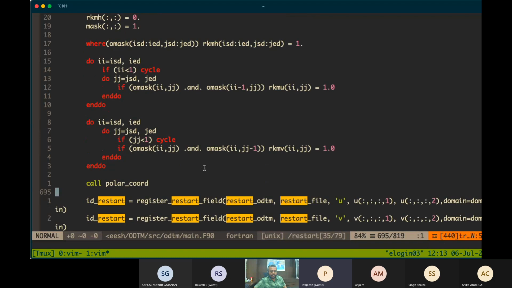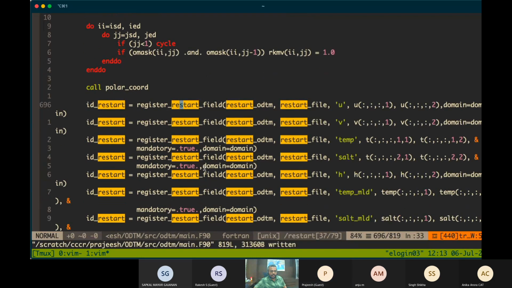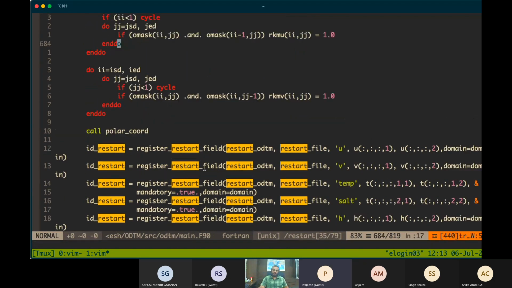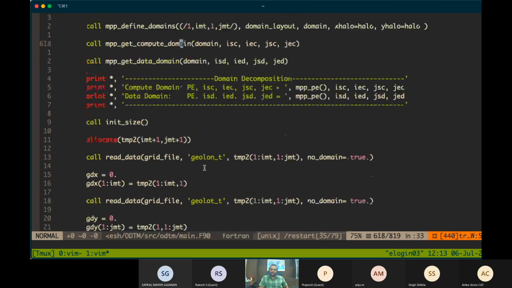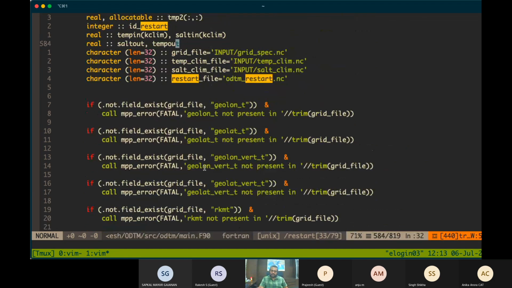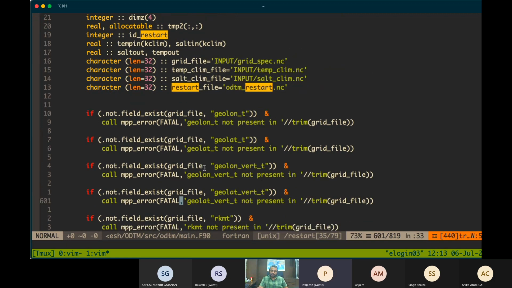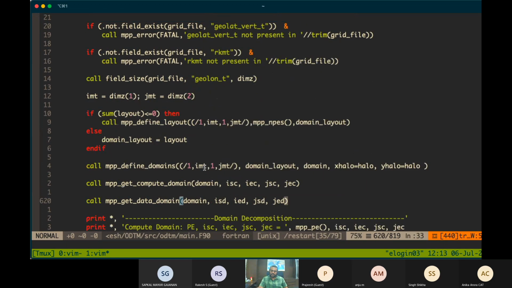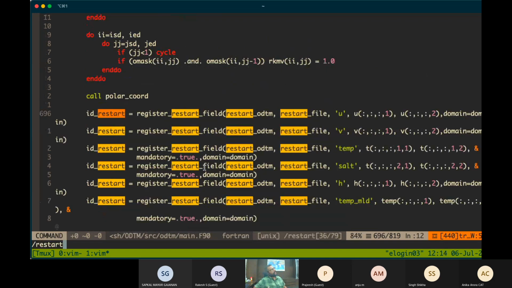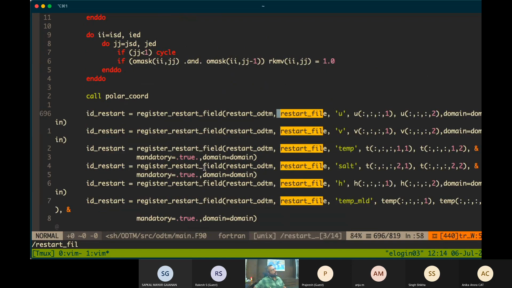So basically, you can register a restart field using register restart field.